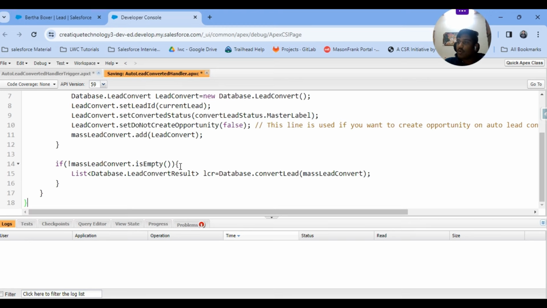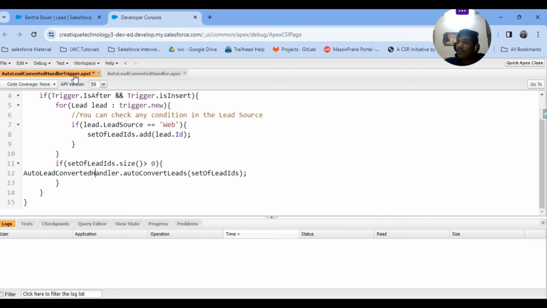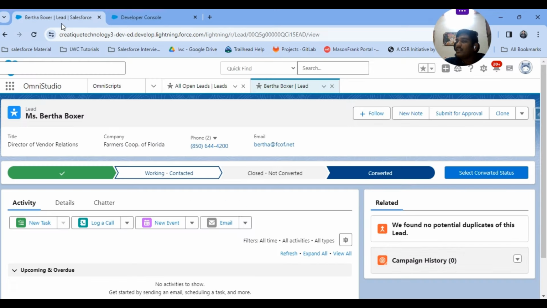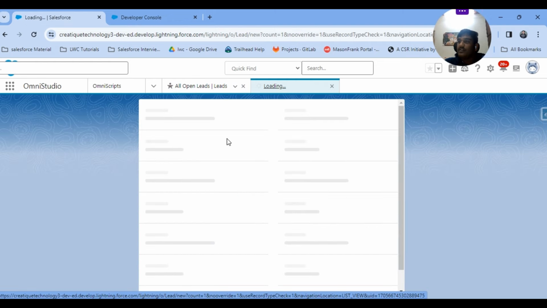I am also writing this code. So this is the handler class which is called from this particular trigger whenever a new lead is inserted in the system. Now we will see whether the code is working properly or not. How can we check? I am just creating a new lead,